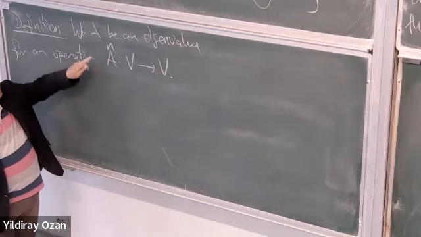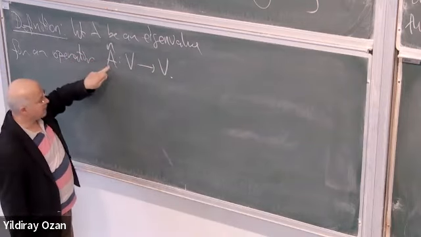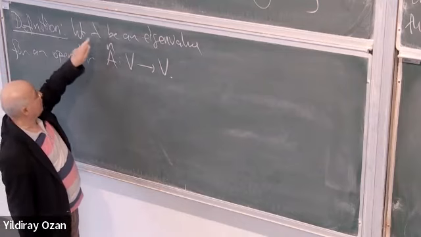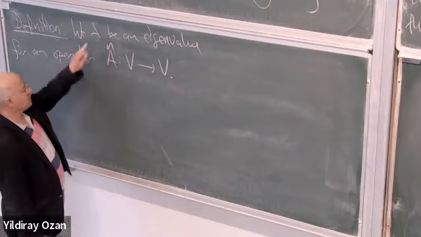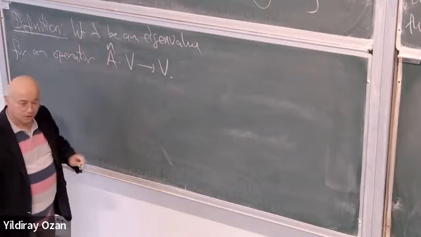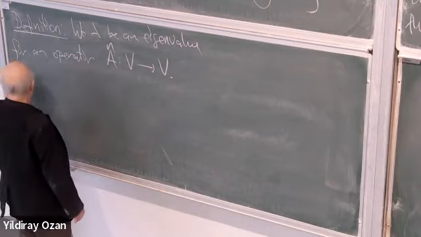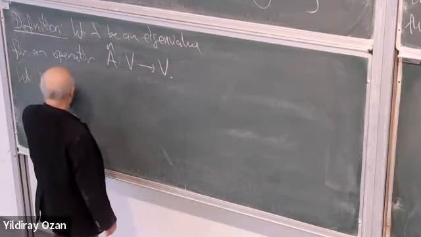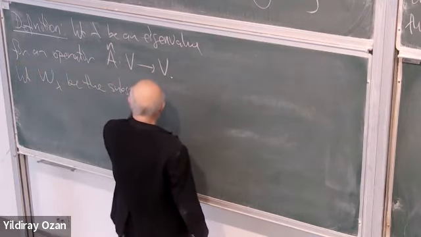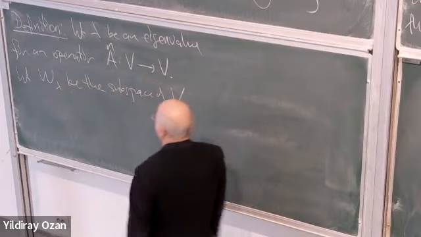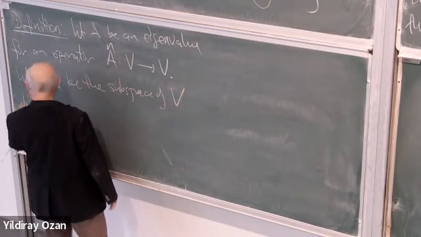So that A hat applied to that vector is just lambda times that vector. We define a subspace corresponding to this eigenvalue. Let W lambda be the subspace of V defined by